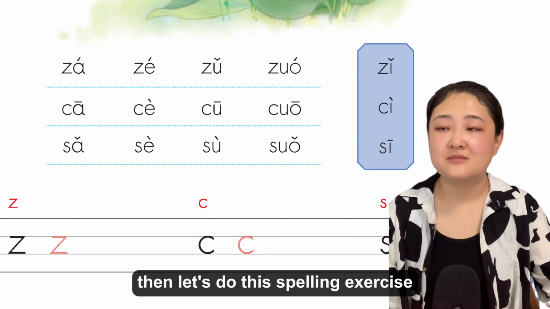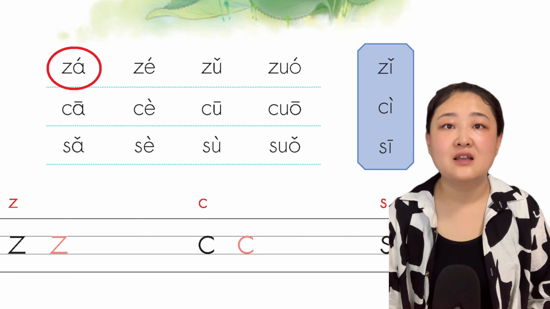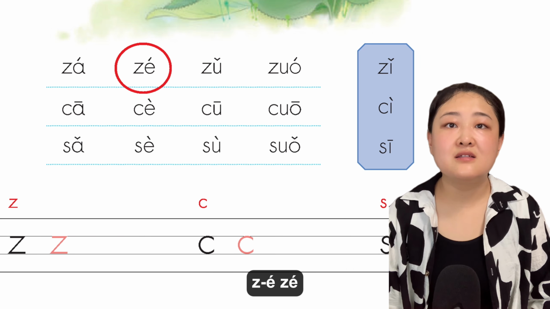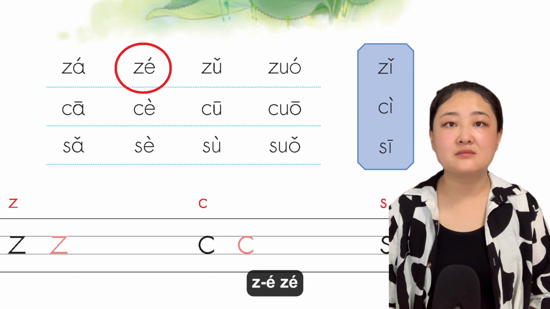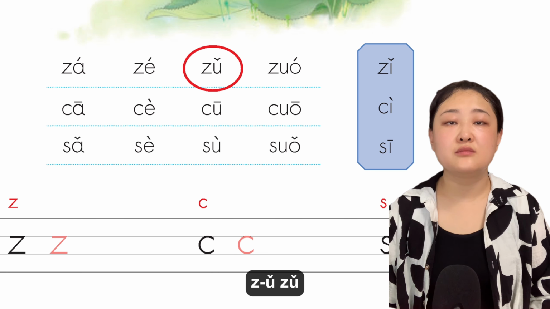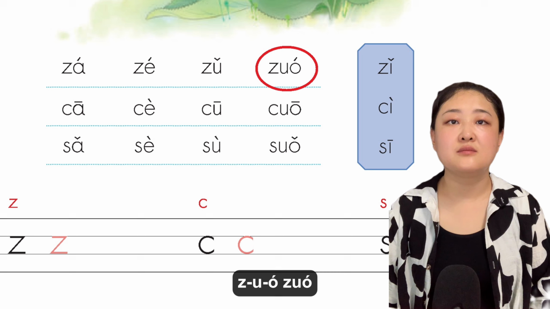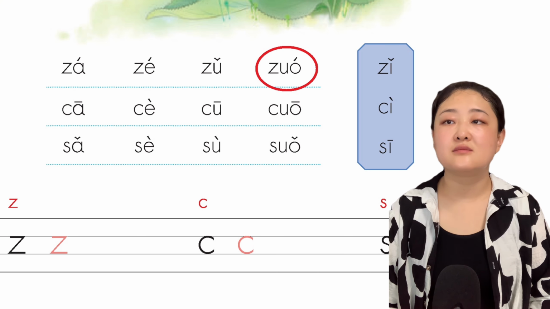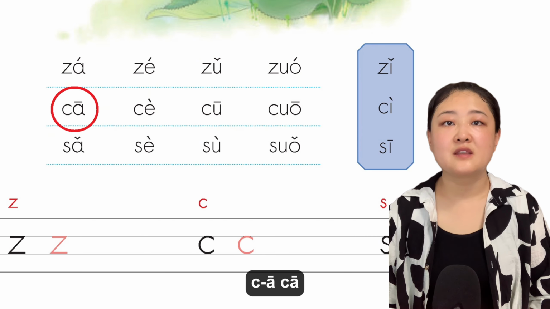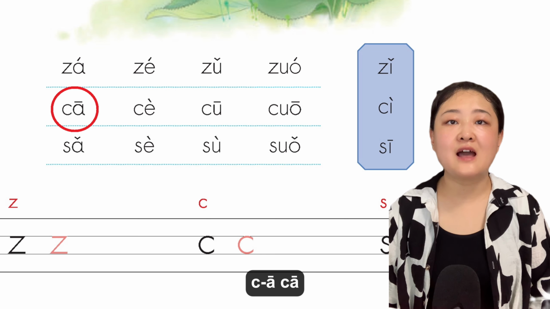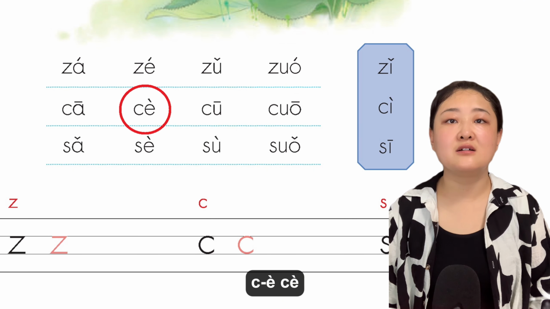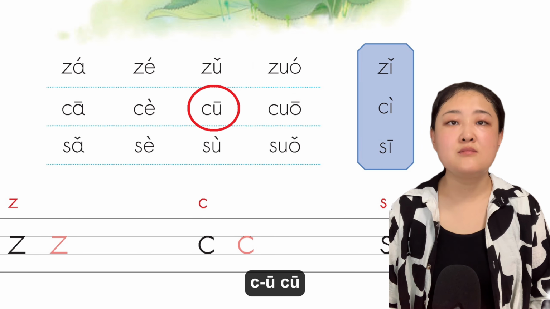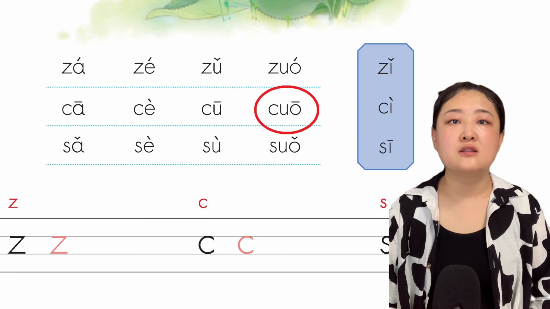Then let's do this spelling exercise. Z R 杂 Z R 杂 Z 则 Z 则 Z 组 Z 组 Z 昨 Z 昨 And then the next line with th. Z 他 Z 他 Z 侧 Z 侧 Z 粗 Z 粗 Z 搓 Z 搓